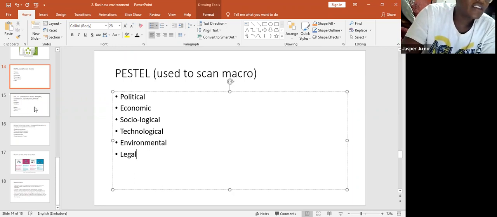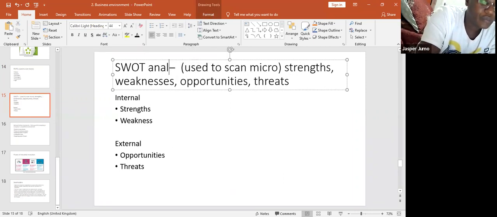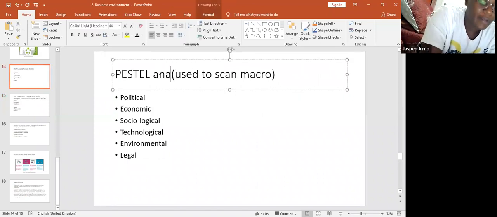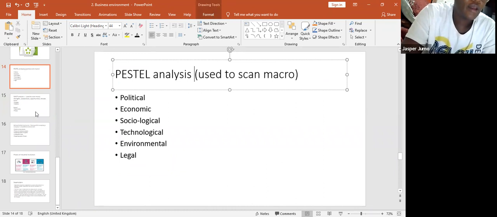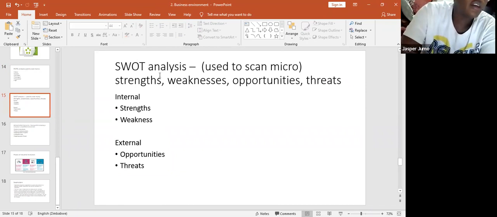Then sometimes you are scanning your internal environment. Again, we are using an acronym. We call it SWOT analysis. This is SWOT analysis. This is PESTEL analysis. Now, for SWOT, the S stands for strengths, W for weaknesses, O for opportunities, and T for threats. So if you are conducting a SWOT analysis, you are simply looking at